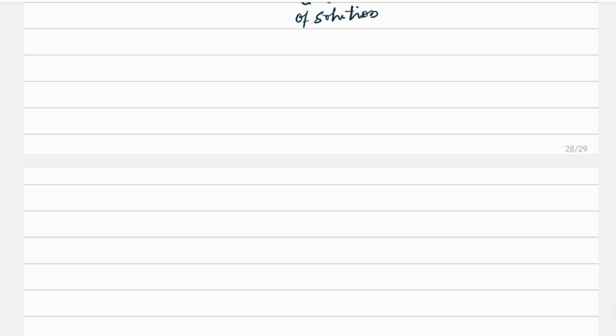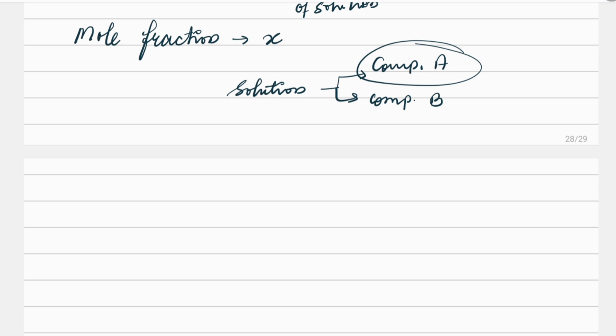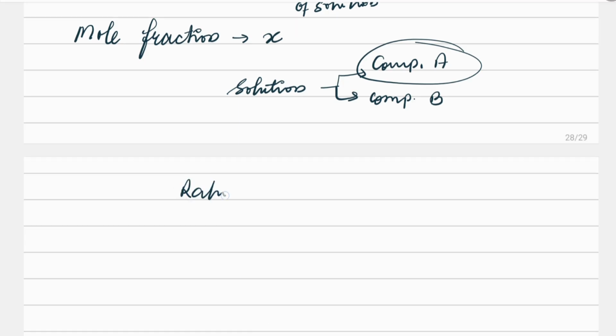There is one term also that is called mole fraction. Mole fraction has a symbol X. So as we know, a solution is made up of at least two components, component A, component B. So suppose I have to know about the ratio of component A amount to the total amount. So that is mole fraction. It is actually the ratio of number of moles of one component